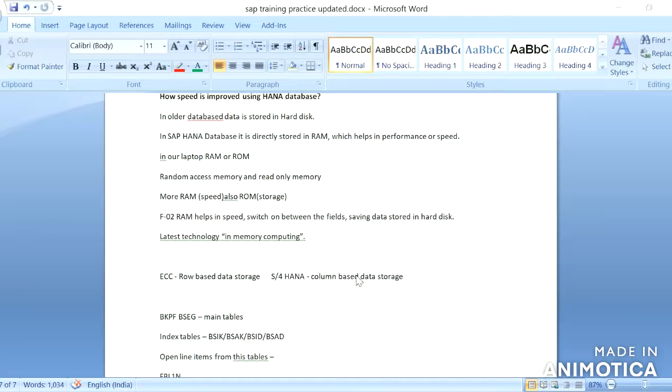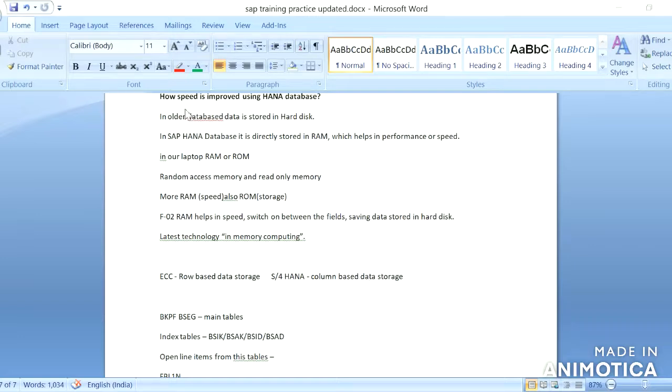That means even though there are thousands of columns, it will take a limited amount of time to generate the reports. That is the advantage of row based versus column based. It will take similar time to generate any kind of report through column based data storage, which improves the performance of generating reports.